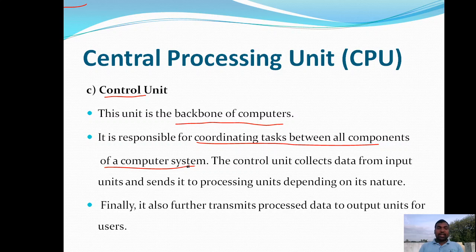In this way the control unit controls all the units available in the computer, all the components which are connected to the computer. It coordinates the components available in the computer. The control unit collects data from the input unit and sends it to the processing unit depending on its nature. So depending on the type of data, it collects the data from the input unit and sends it to the processing unit.